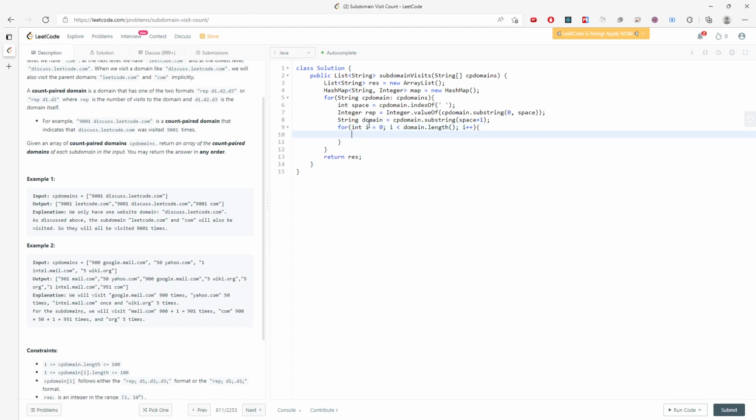All right. So if I see the dot, so I'm going to say domain.charAt(i) is equal to dot, right? If I see the dot, I need to grab the rest of the string and add it into the map, right? So for the first case, I didn't put discussion.LeetCode.com into the map, right? I haven't put any string into the map yet. So I will start putting into my map for the LeetCode.com, right? So if I see a dot,